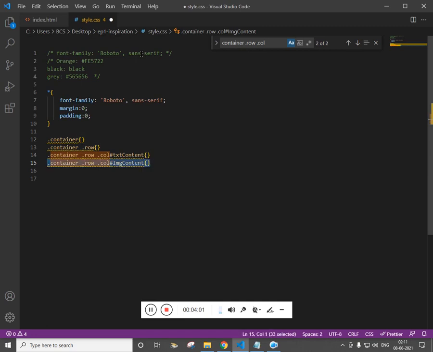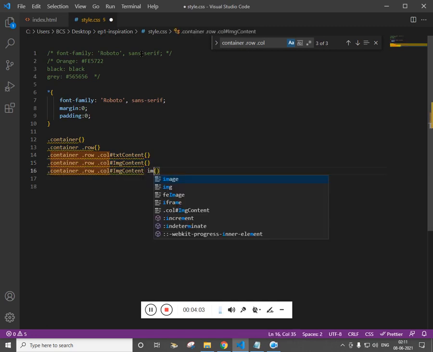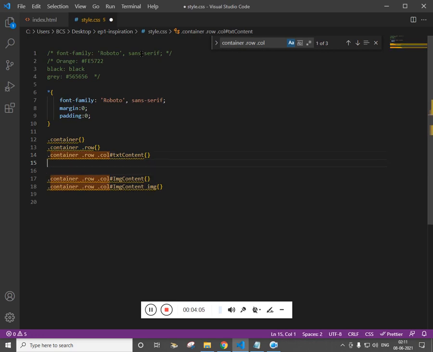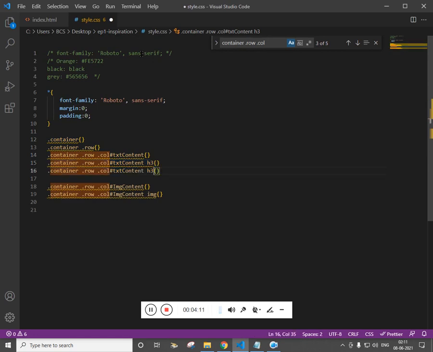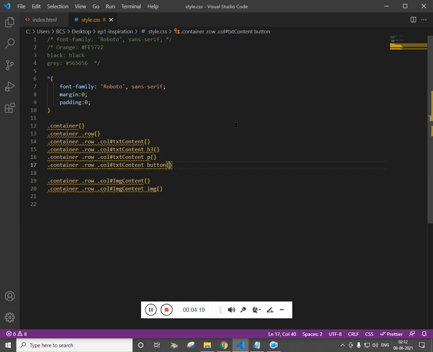The second one has just the image, but the first one has H3, paragraph, and finally the button. I would recommend you to follow this hierarchy to avoid CSS overriding issues.